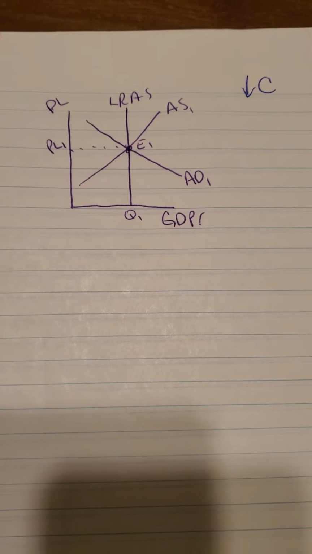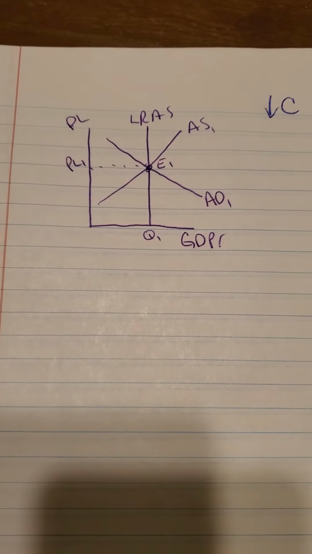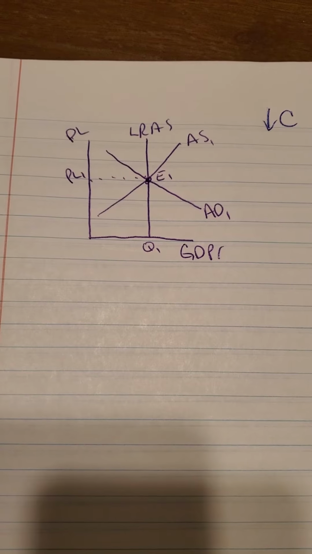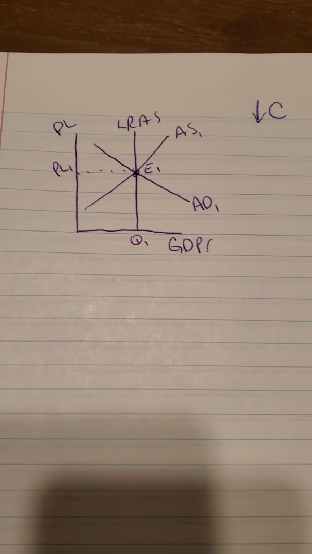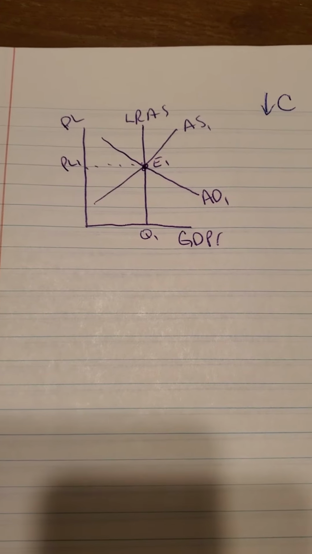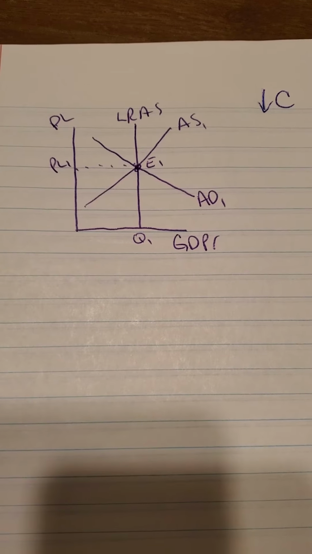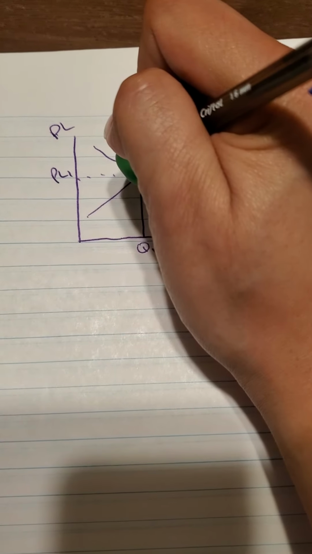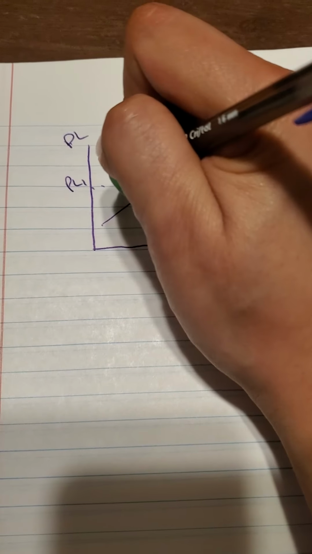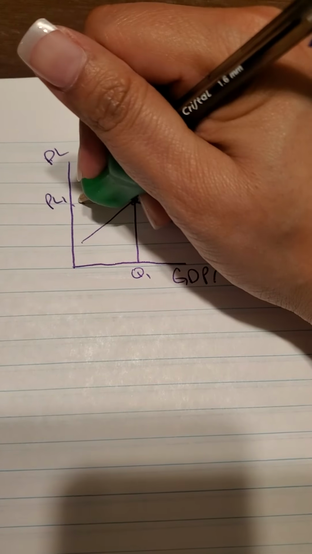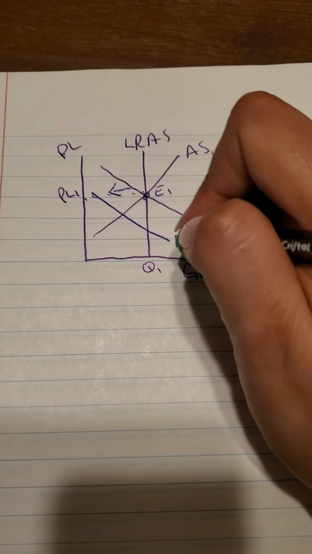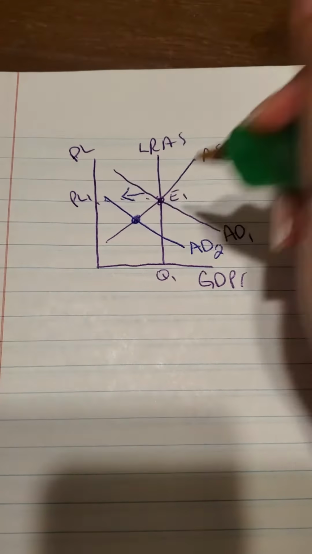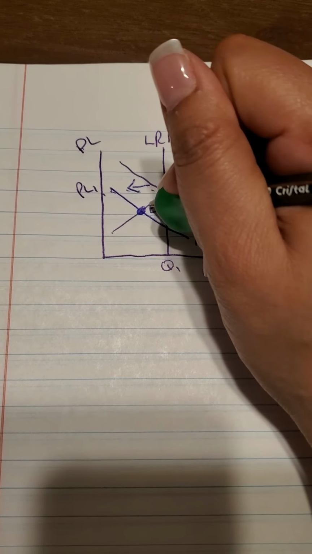So which one of the two does it apply to first? Is it aggregate demand or aggregate supply? And you should know that the shifters for aggregate demand is SIGEX. So C, consumer spending, is one of them. So if there is a decrease, then that means that our aggregate demand curve would shift to the left. So always draw your arrow, then draw your new curve, AD2. Label all your new points, E2,